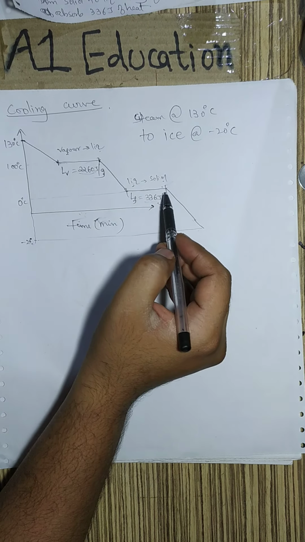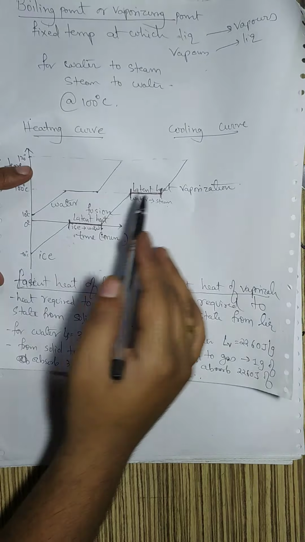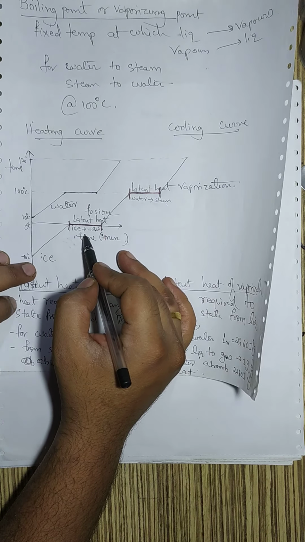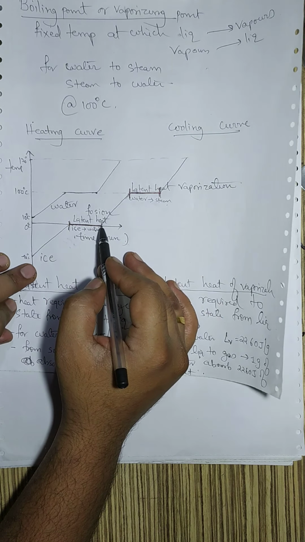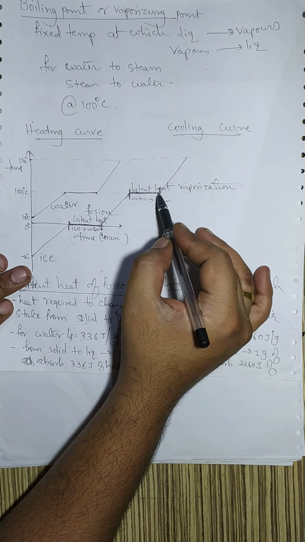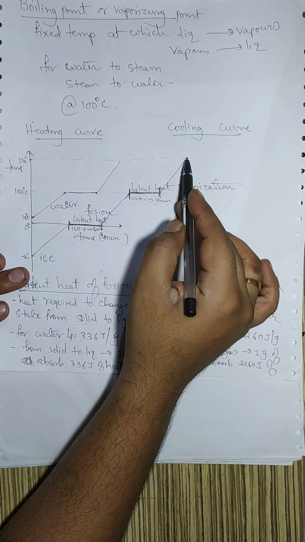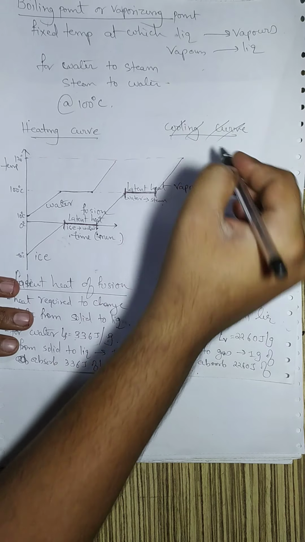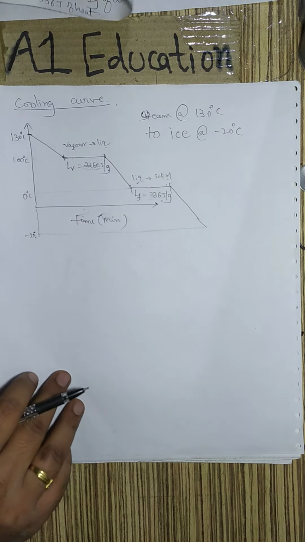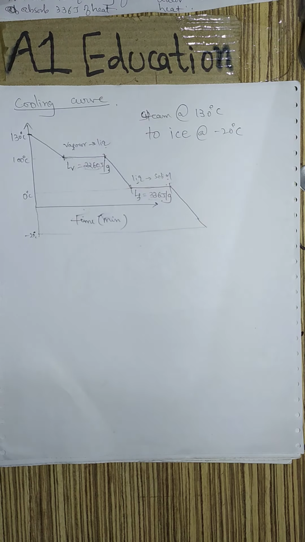So when the cooling takes place, heat is released out, and when the heating is done, heat is absorbed in. Here the ice absorbs heat to get converted into the liquid. Then liquid again its temperature increases. It absorbs heat to convert into the steam, and furthermore steam absorbs heat to increase its temperature. So that is about the change of state. Let us look at some of the important questions related to this.